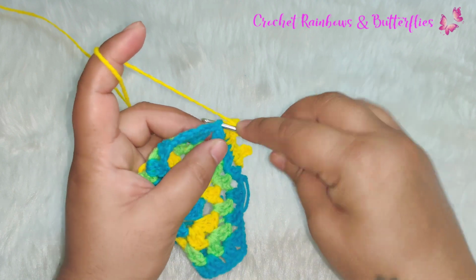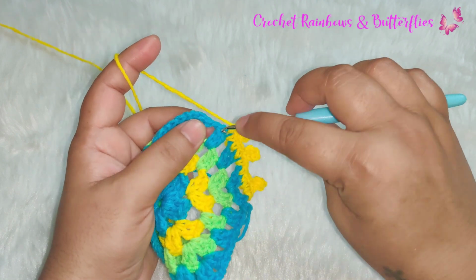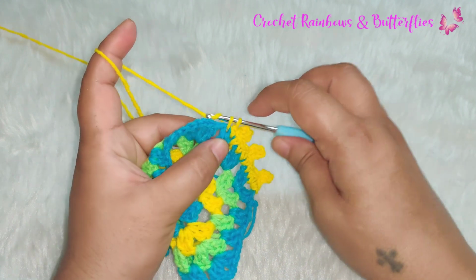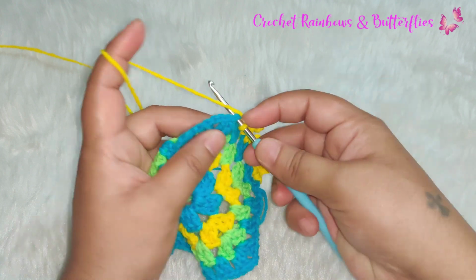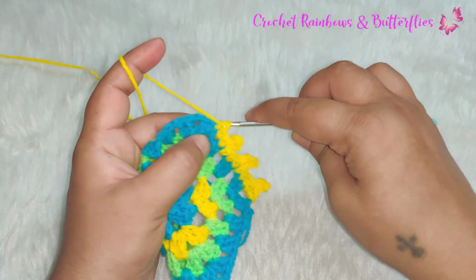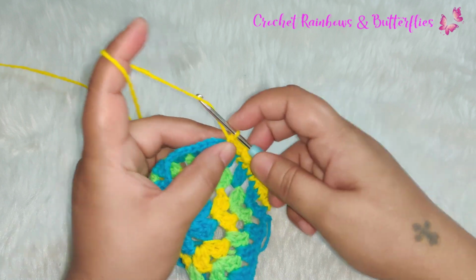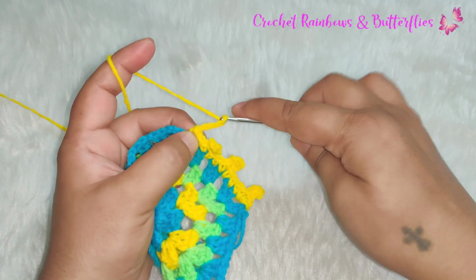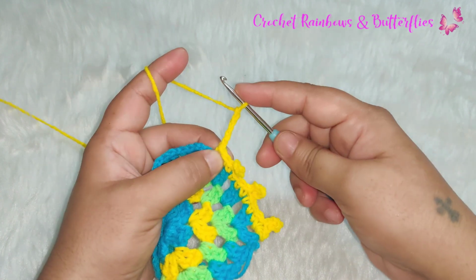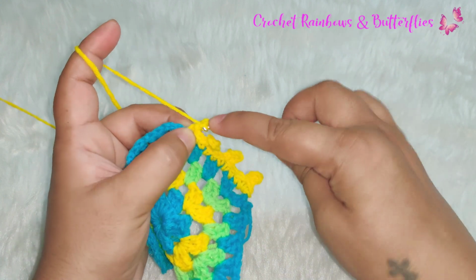Now you work a single crochet in the next double crochet, 1 single crochet in the next double crochet, 1 single crochet in the chain space. Now again we're going to work the picot stitch, chain 5, 1, 2, 3, 4, 5, a slip stitch in the first chain,